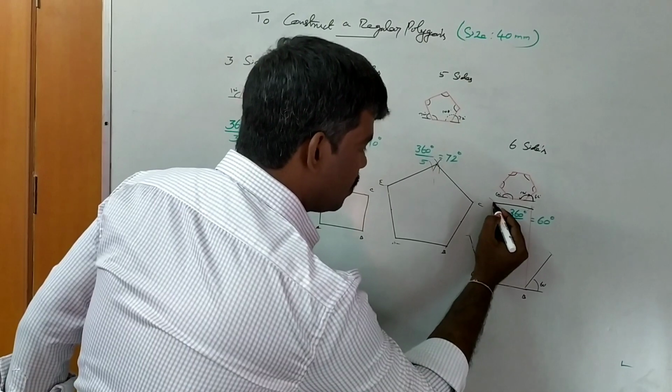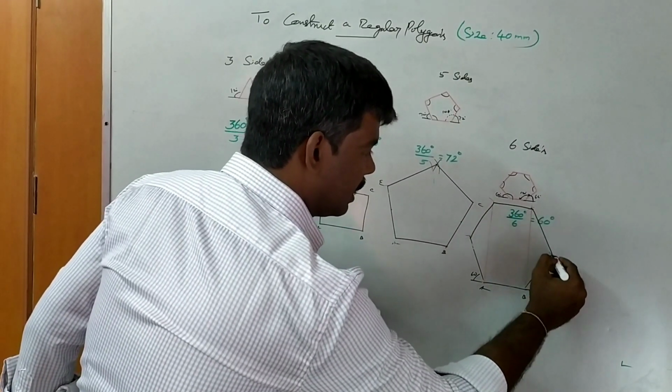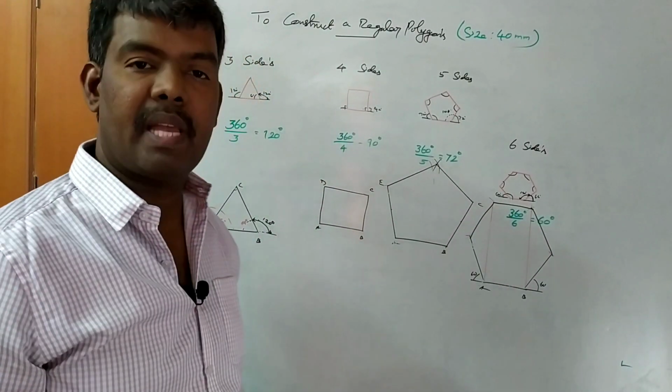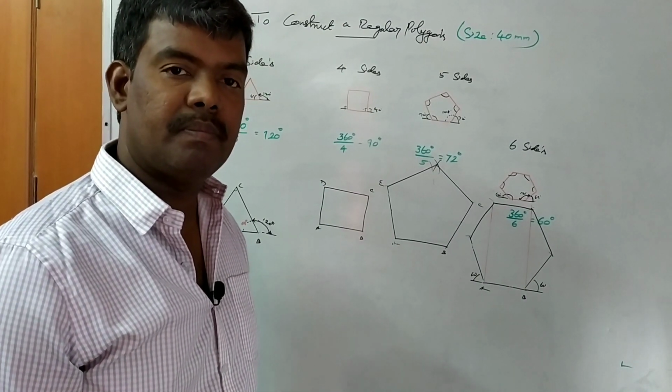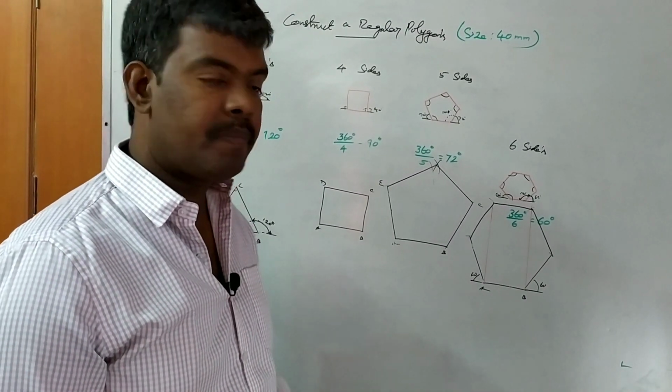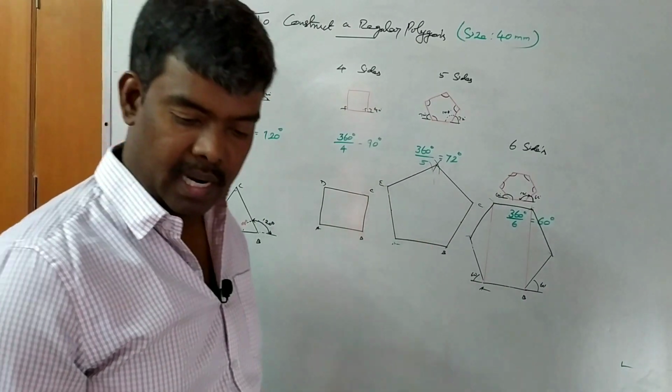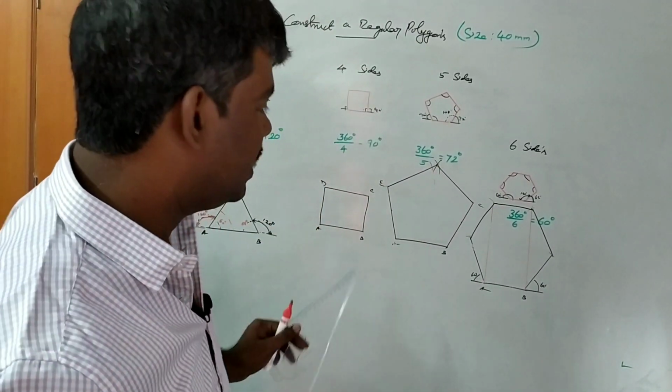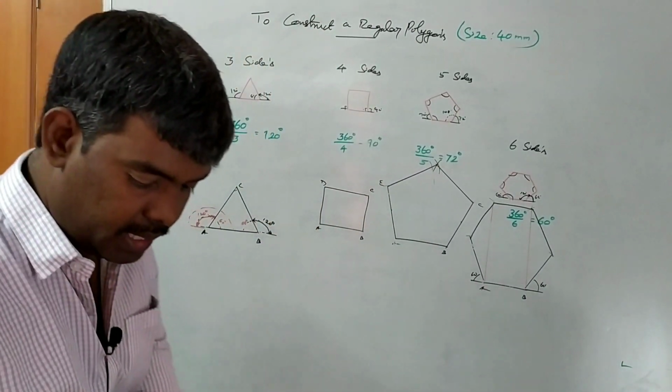Clear? Now you join this, that. So we get the hexagon. Understand? It is one method by using angles. Another one more method. This is case 1. Next thing, in case 2,